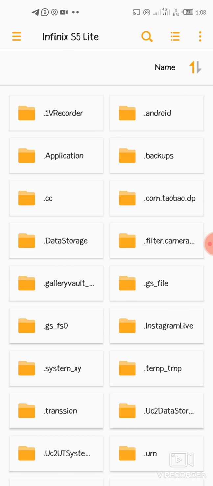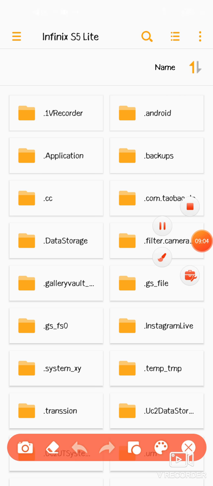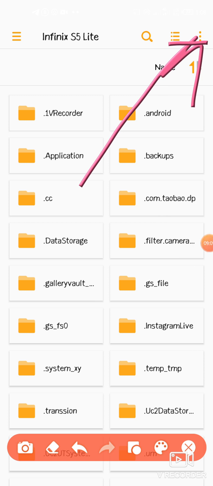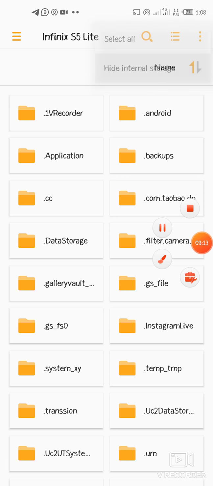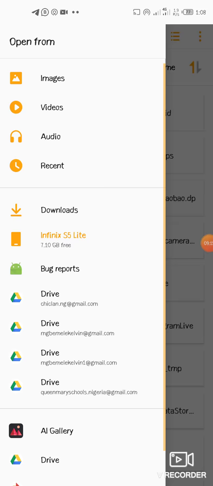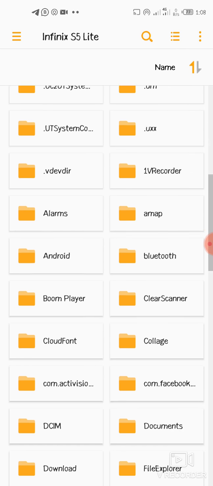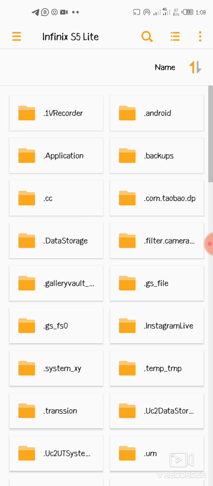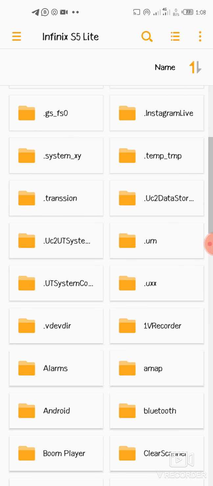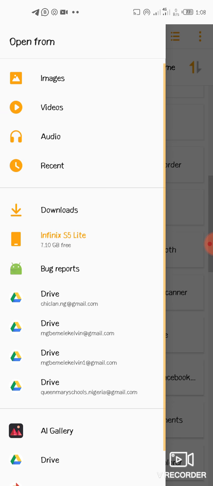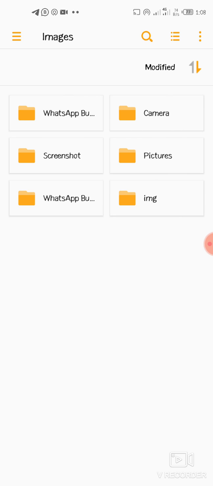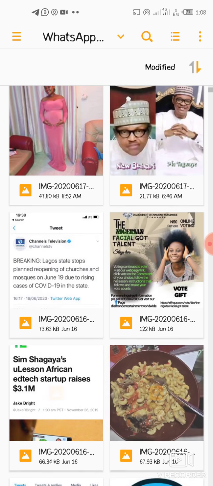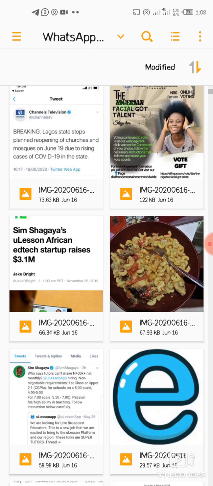But once I come to this point, I'm teaching you this out of the box now because you might need it for something else. And so once you come to this place, you click on show internal storage. When you come back here, you will see your internal storage. And internal storage is where you have all your files in your phone. Nothing can be hidden from your phone in this place. So I come here, I'm looking for pictures, or I can just come to images, WhatsApp business. Okay, I can look at this